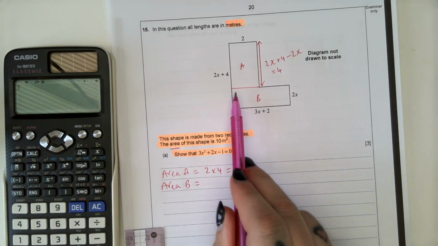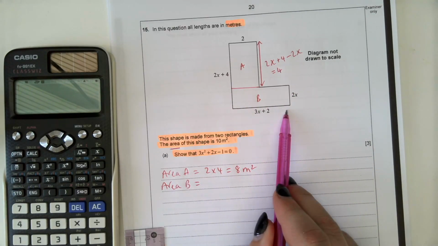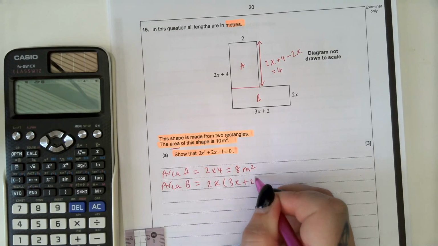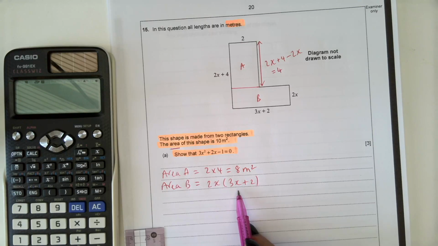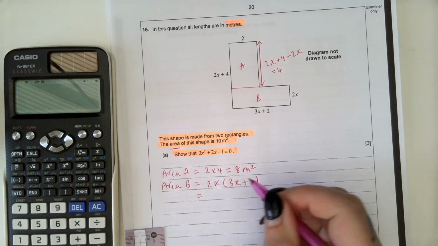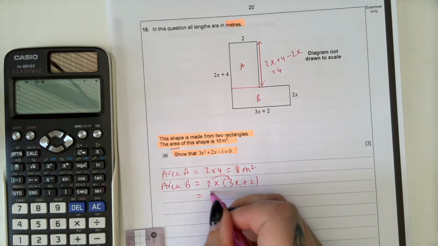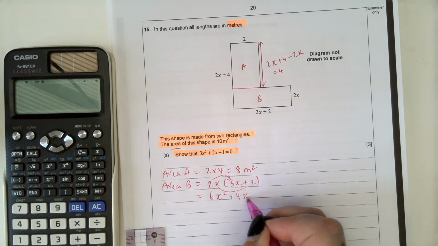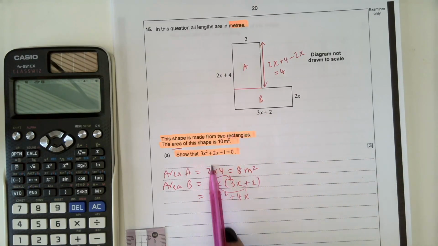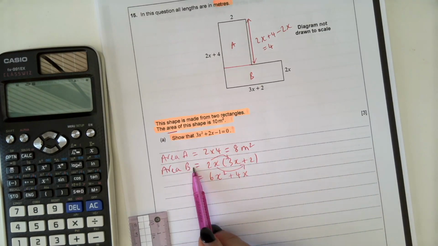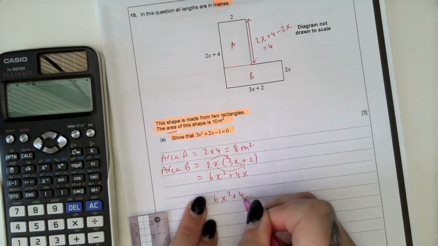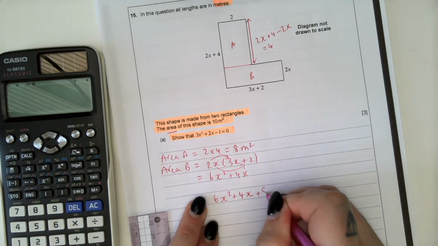So the area of B is this rectangle here, and it's 3x plus 2 multiplied by 2x. So 2x multiplied by 3x plus 2. The brackets are important because that 2x gets multiplied by 3x and by 2. So when we expand that, 2x times 3x is 6x squared, and then 2x times positive 2 is positive 4x. So this total area is the area of A add the area of B. So the area of B is 6x squared plus 4x, and we're going to add the A, and we've been